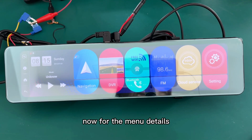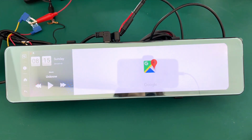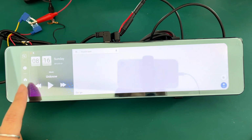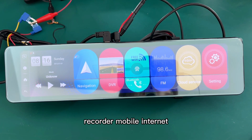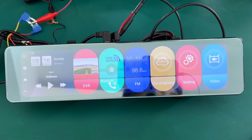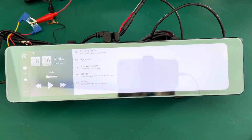Now for the menu details. Google navigation, recorder, mobile internet, FM, replay, setting, phone interconnection,